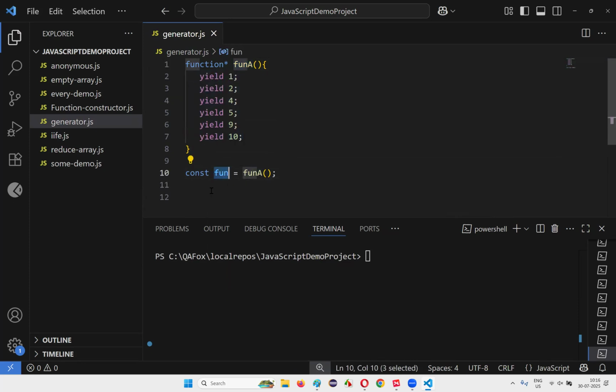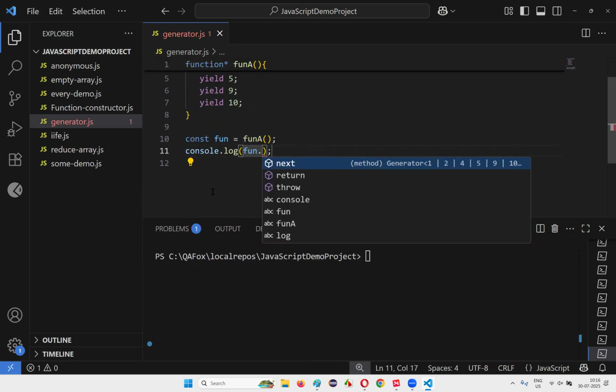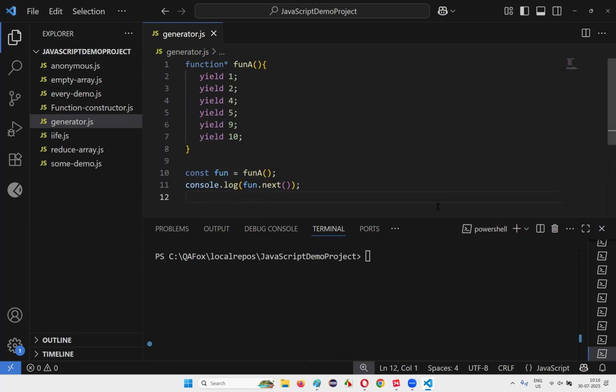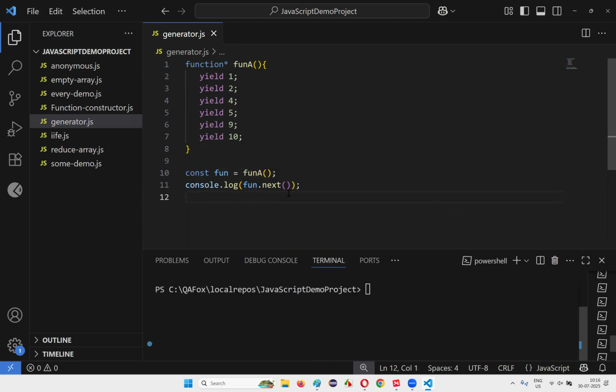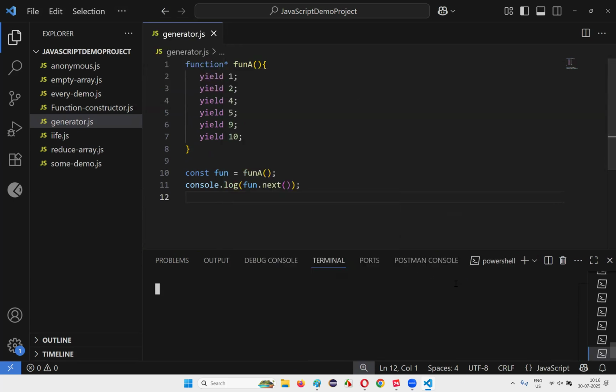Now, I called this function and all these values will be there here. Now, using the fun, what I'll do here is I'll write console.log fun dot next. Let's see what will happen with the fun dot next first of all. Next means the first value will be retrieved. So let's see whether the value is getting retrieved or not. I'll go to the terminal and run this